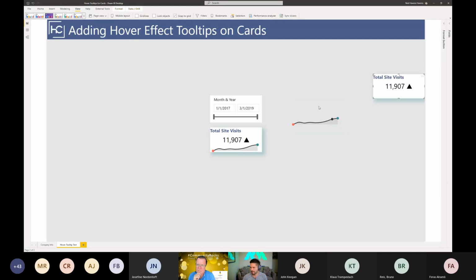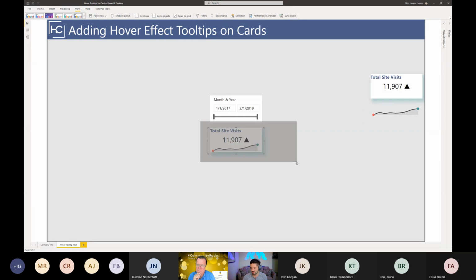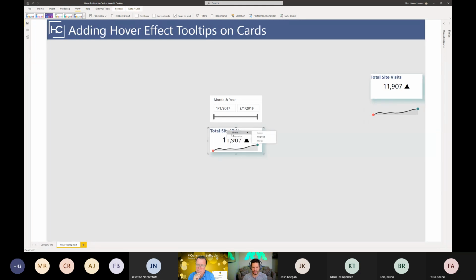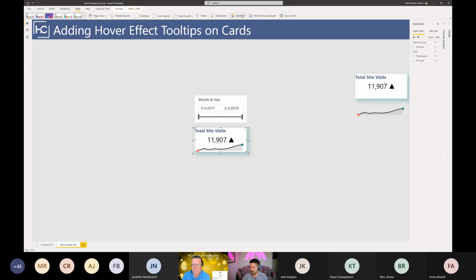There we go. So separately, I had a card and I had the little sparkline. And what I've done with them is you actually have an option in Power BI, if you select things, you can either have them grouped or ungrouped. That was a feature that came out about a year and a half ago. But ever since then, it's just like in PowerPoint. It allows you to group objects, to move them around together, to associate them. So let me open up all the panes so we can kind of walk through this.